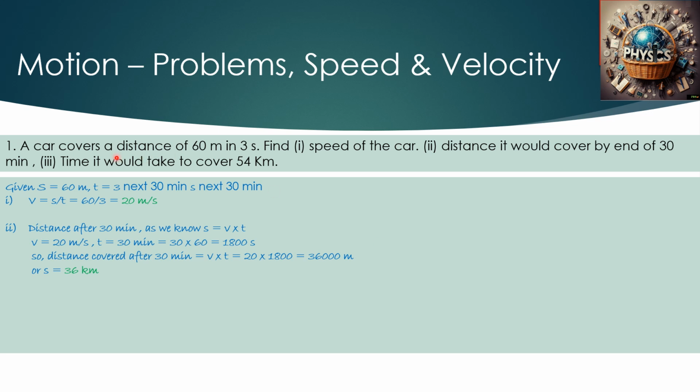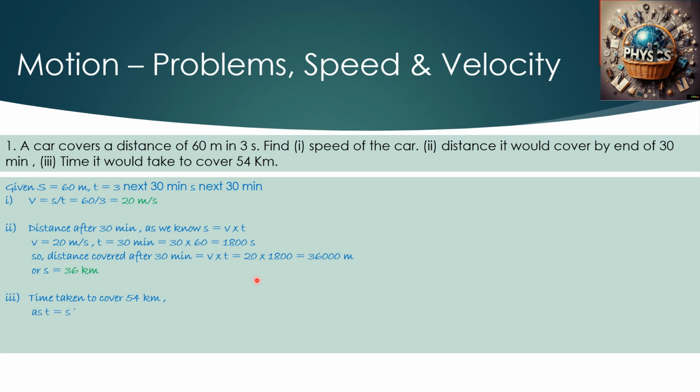Now the next one is the time that it would take to cover 54 kilometers. So by the time it covers 54 kilometers, what is the time it takes, right? Again, revisiting the same formula, time, taking it back on the other side, so time will be the distance by velocity or speed in this case. So time taken to cover 54 kilometers,